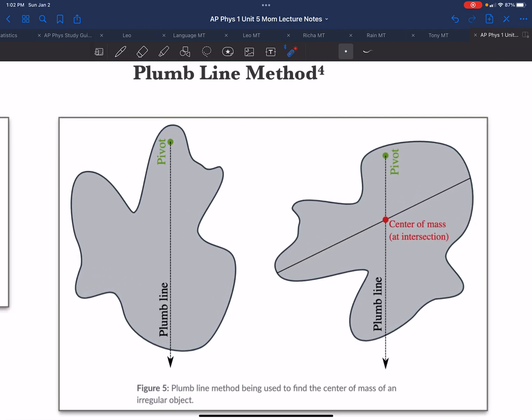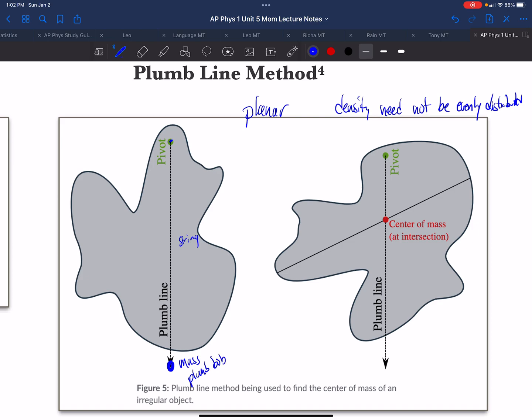Now, a plumb line method. Notice that the bodies we have here are planar, lying all in a plane. What we can do is take this irregularly shaped object. It does not matter whether or not the density is evenly distributed. The density need not be evenly distributed. And what we do is we create a pivot point. We have a plumb line, which is a string, and there is a mass, or what's called a plumb bob, put at the bottom of that string. And if we hold it with our fingers at this particular point, the string will go toward the center of the earth. And we draw a line,